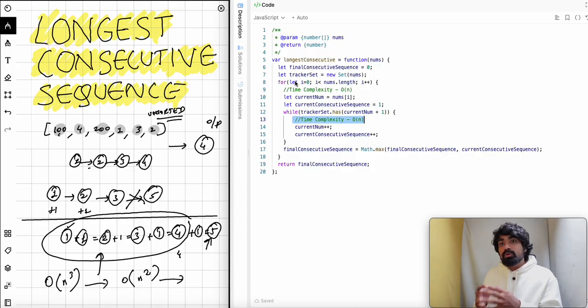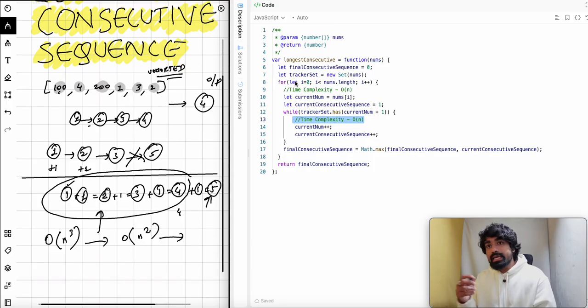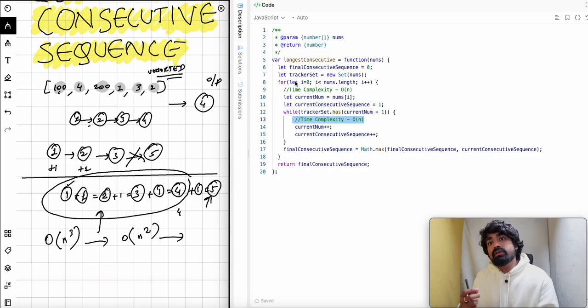What I want to do here is to restrict the inner loop only to a certain set of elements. I will try to say what are the elements that I want to restrict them to. Can I put some checks in place to make sure that I only count it from the start of my sequence that I have? What I mean by that is, if the tracker set that you are keeping doesn't have